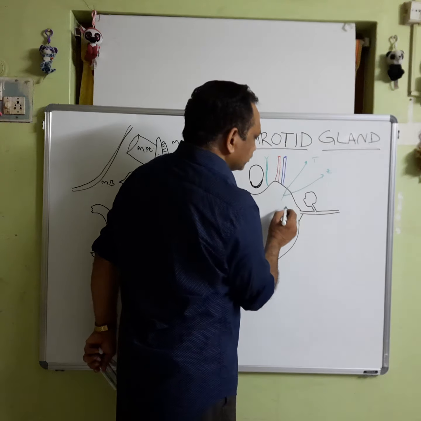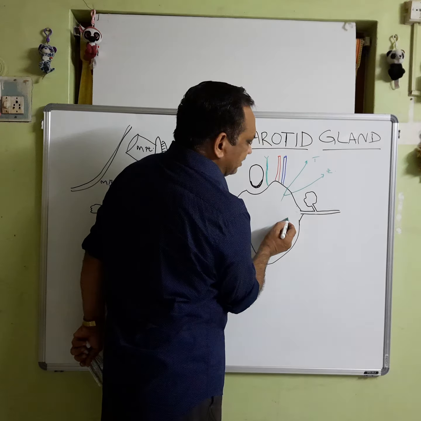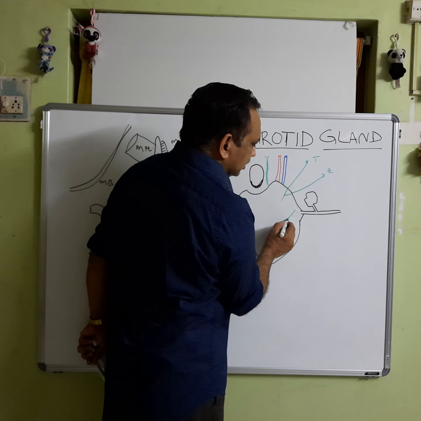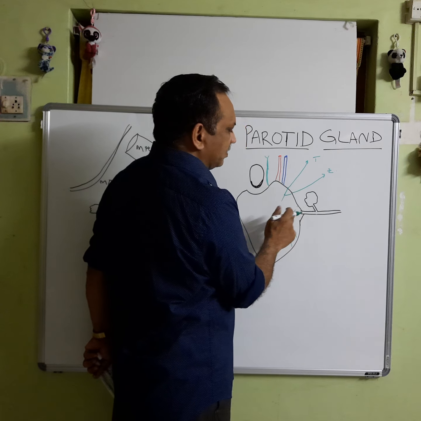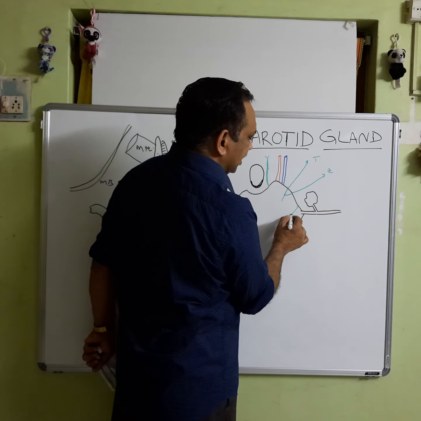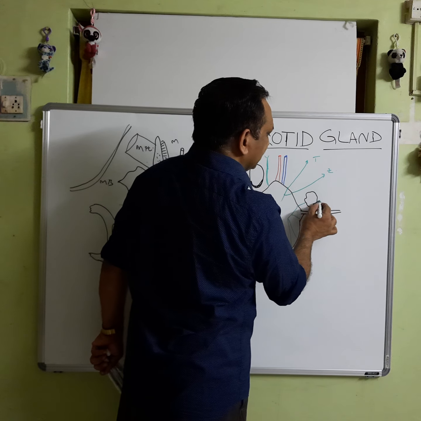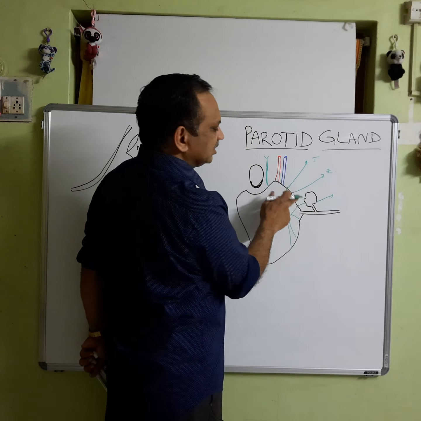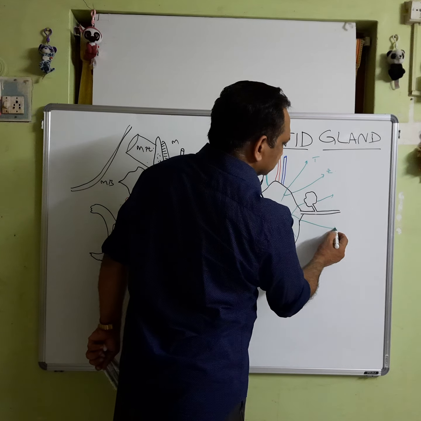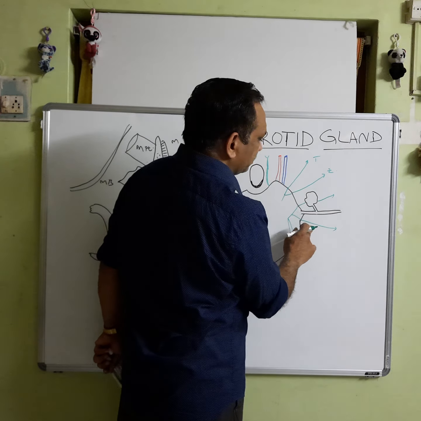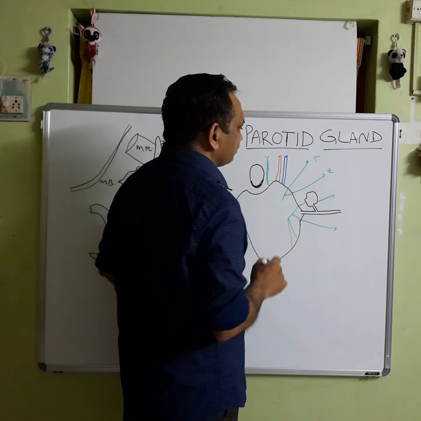Then comes the zygomatico-facial branch. This branch here divides into a buccal branch, a marginal mandibular branch and a cervical branch. This buccal branch divides into an upper buccal branch and a lower buccal branch. This upper buccal branch goes above the parotid duct like this, either above this gland or under the gland. The lower buccal branch passes from its anterior border under the parotid duct.